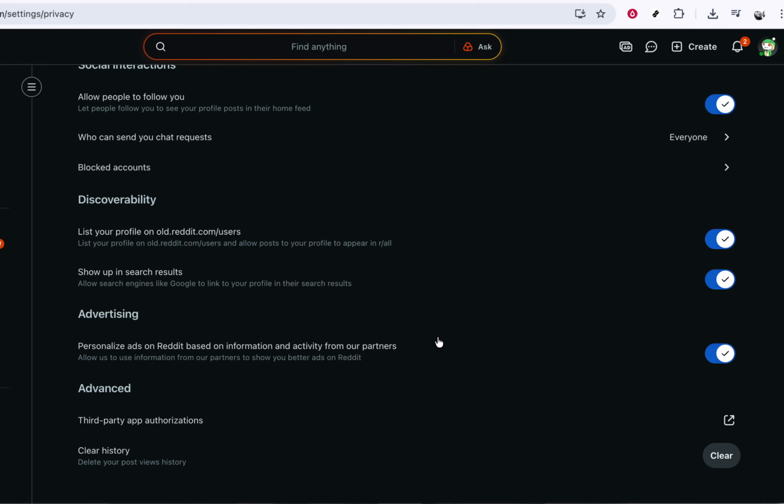By going to your profile icon, opening your settings, heading into privacy, and selecting blocked accounts, you'll always know exactly